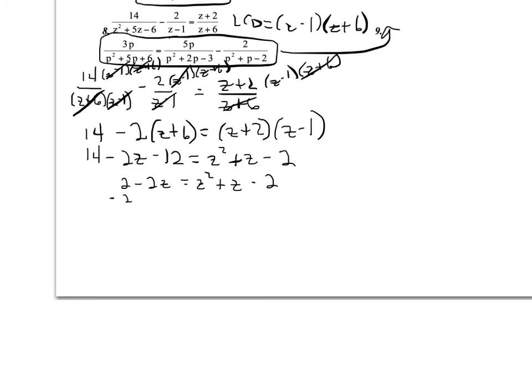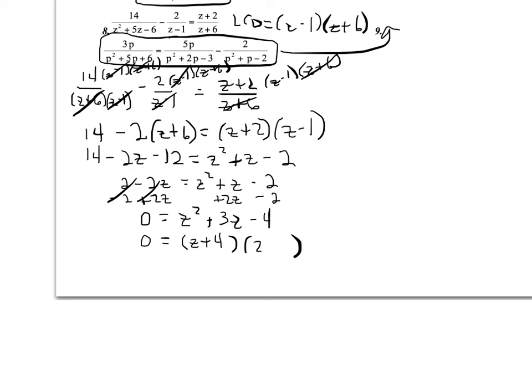So we're going to subtract 2 from each side, and we're going to add 2z to each side. When I do that, everything cancels on the left. 0 would equal z squared plus 3z minus 4. When I factor my trinomial on the right, a pair of numbers that would multiply to give me negative 4, add to give me positive 3, would be a positive 4 and a negative 1. So I'm going to have z plus 4 and z minus 1,